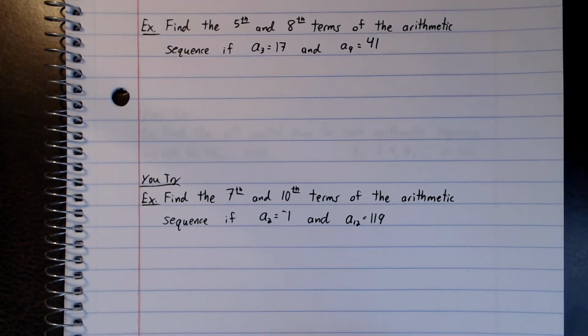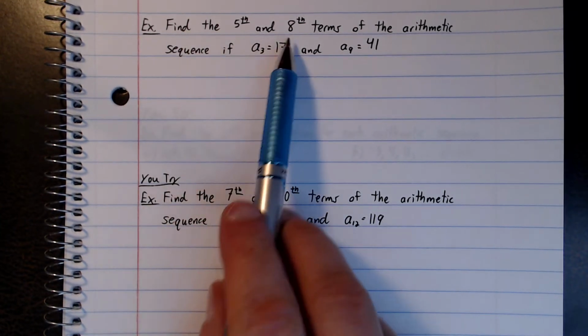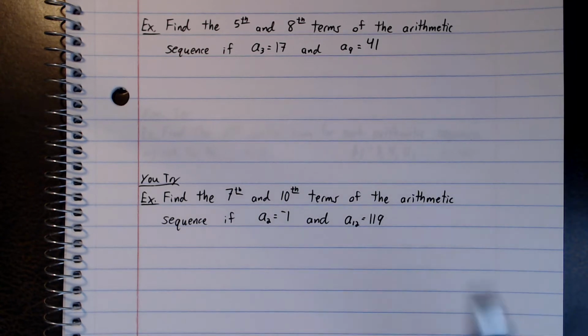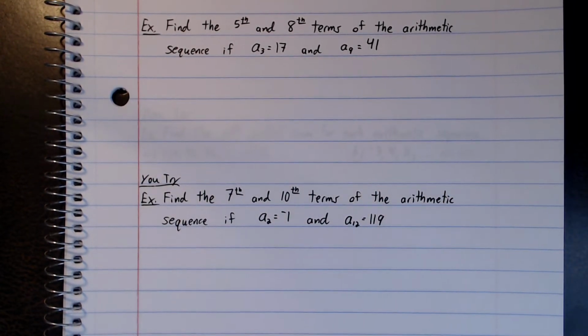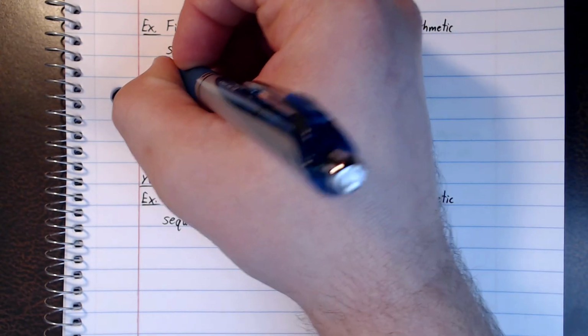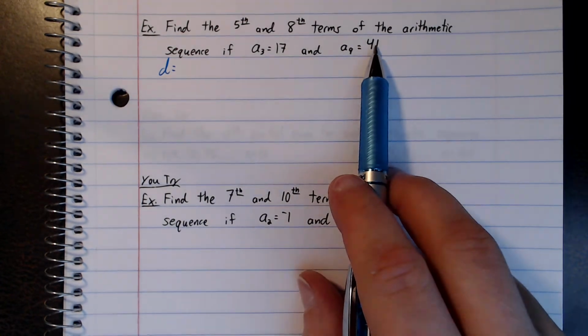So, slightly different problem that we're looking at now, okay? Because they want us to find the 5th and 8th terms of this arithmetic sequence. But they're not giving us the first term, and they didn't give us the next term. They gave us A9. So there's a lot of stuff missing here. But here's what we're going to do, okay? To find the common difference, we're going to find the difference between these terms,